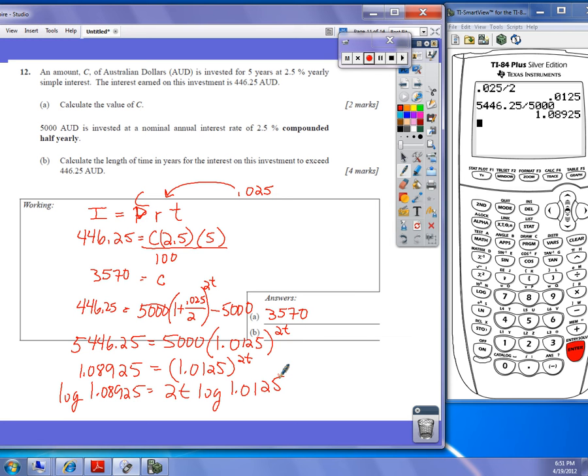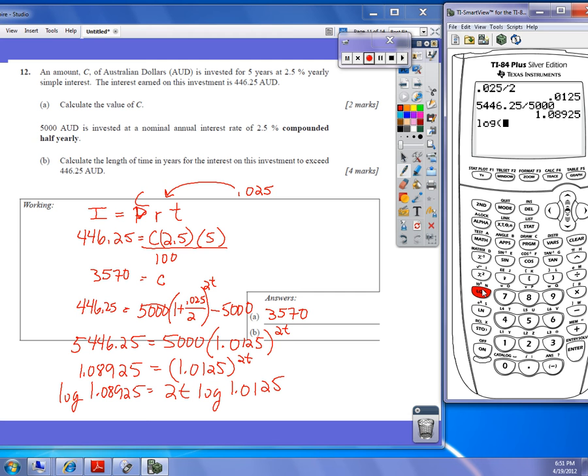I've got the log of 1.08925. I'm going to close that parentheses. That is key right here. You cannot put the divided sign inside the parenthesis. The log of that, in fact, I'm just going to go ahead and hit enter to make sure that I don't have any issues. And I'm going to divide by the log of